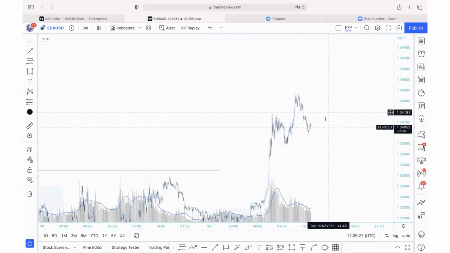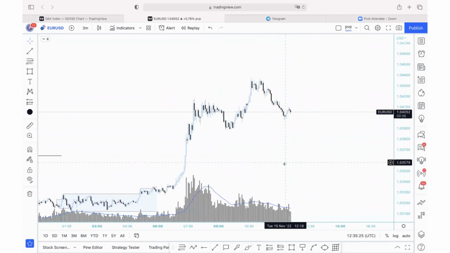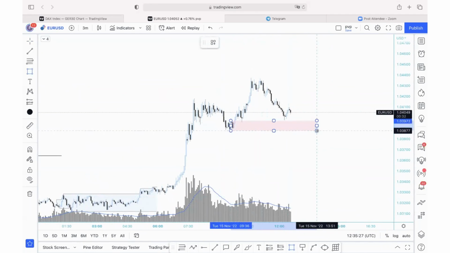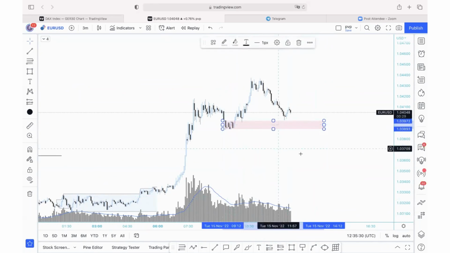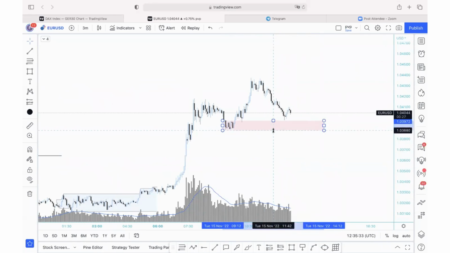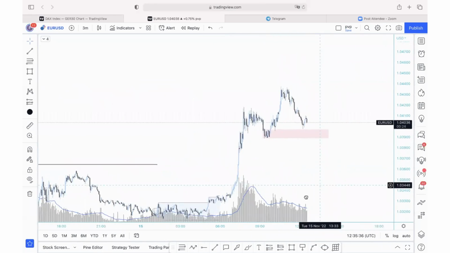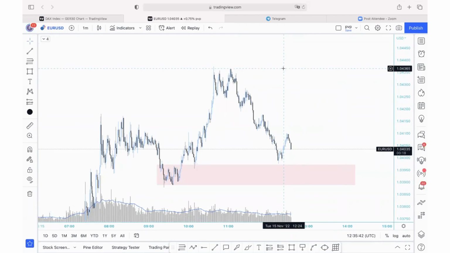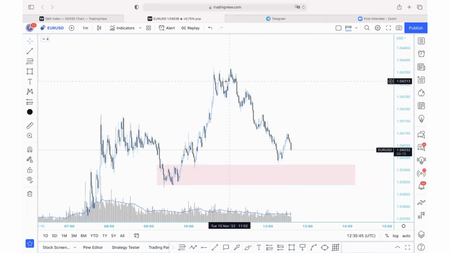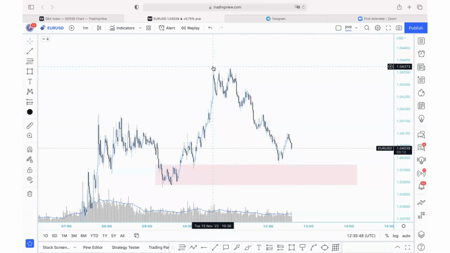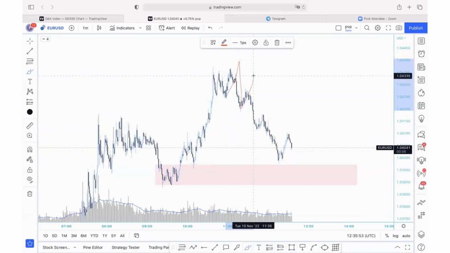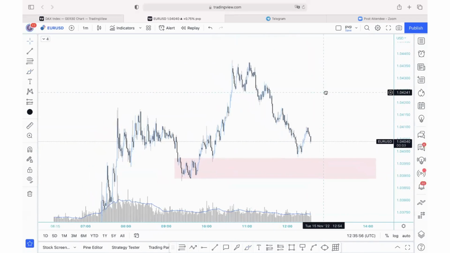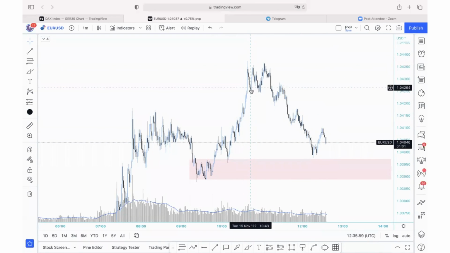On lower time frames, you can see that on the 3 minutes, we are still in this uptrend and there is this demand area, which is still valid as long as we don't break it. Once we break it, we will be aligned for sells. On the 1 minute, there was not any confirmation. So there was no trade from here, because we didn't break this previous high. Here there was no structure. If this high would have been broken, then this would have been confirmation, but that didn't happen. So this high was not broken. This is no confirmation. We just broke to the downside and went to the downside.